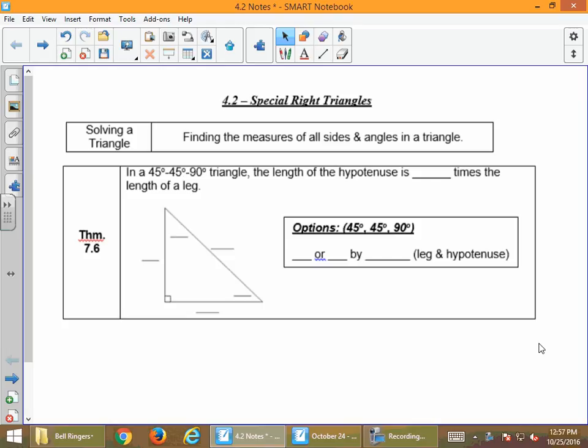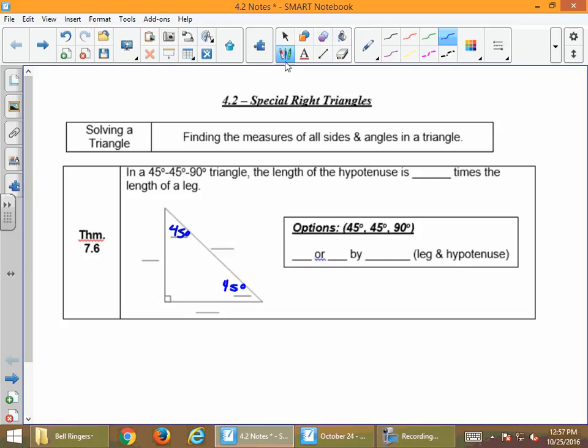One of those special right triangles is a 45, 45, 90. Meaning, if we have a 90-degree angle, one of the angles is 45 and the other one is 45. Okay, we have a 45, 45, 90 right triangle. Well, if these two angles are the same, then what do we know about these two sides? They're also the same. We don't really know what value they are, but we're just going to label them with